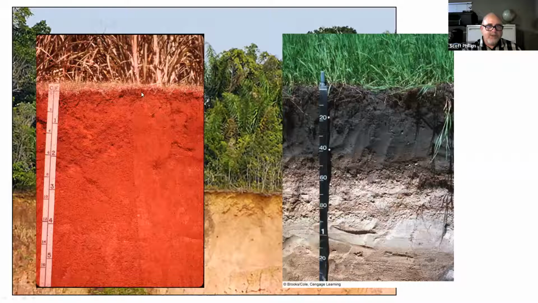So while tropical soils may not have the same nutrients, often that may be a grassland soil in the mid-latitudes. This is an extreme example of a very rich soil in the middle of the U.S. compared to this nutrient-poor tropical soil. So in the tropics, the nutrients are on top, not as much on the bottom.